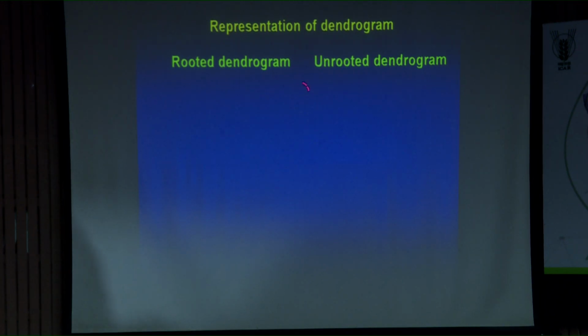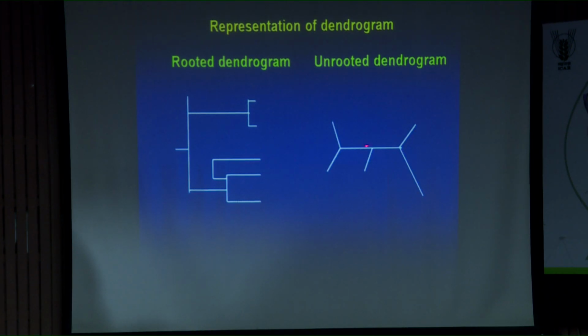Then another two things, rooted dendrogram and unrooted dendrogram. Next. So, if there is a root, then you take this rooted. If there is no root, you do this unrooted. So, what is root and unroot? Suppose you want to analyze a cytochrome oxidase gene from whitefly. Different isolates of whitefly cytochrome oxidase gene. Definitely it is assumed that all this cytochrome oxidase gene from different isolates of whitefly is actually originating from a